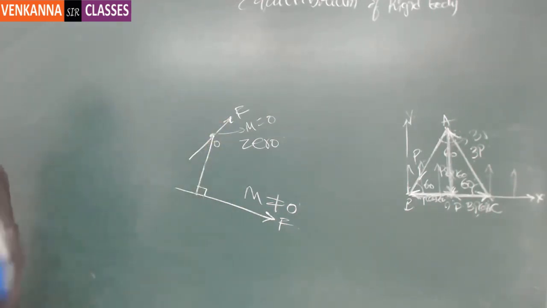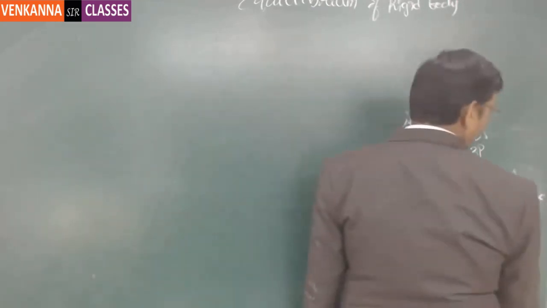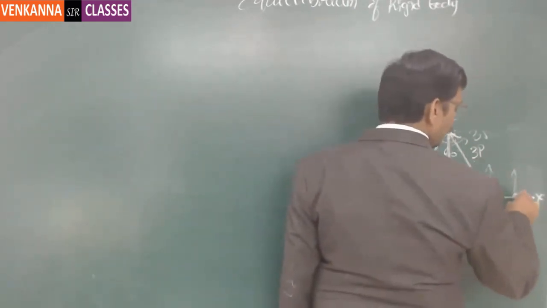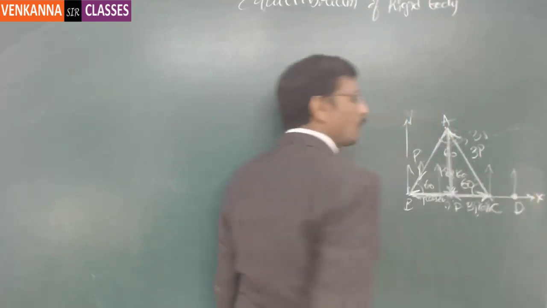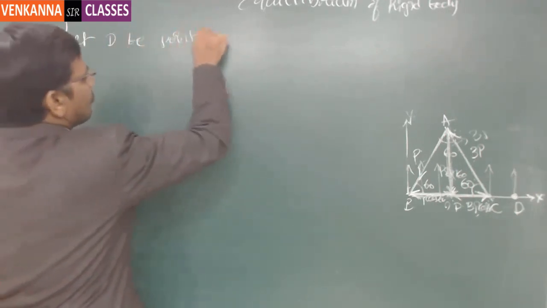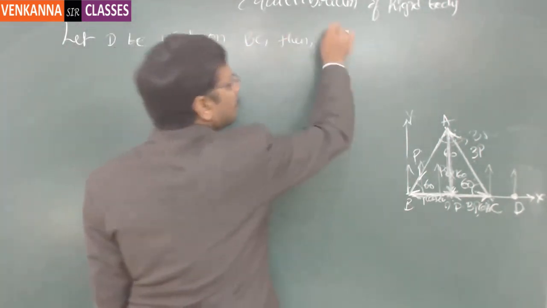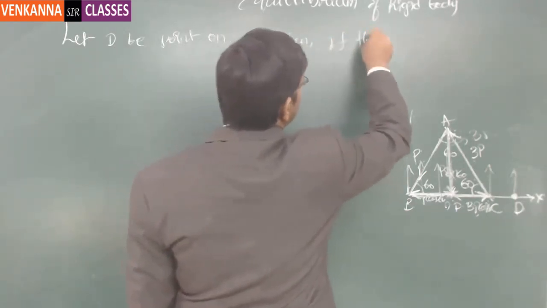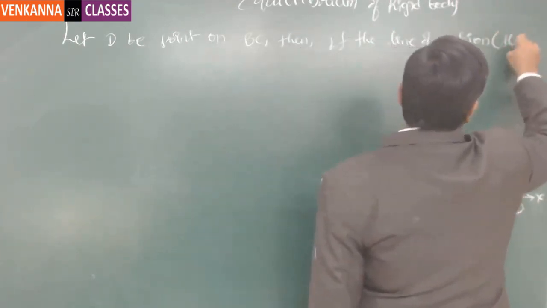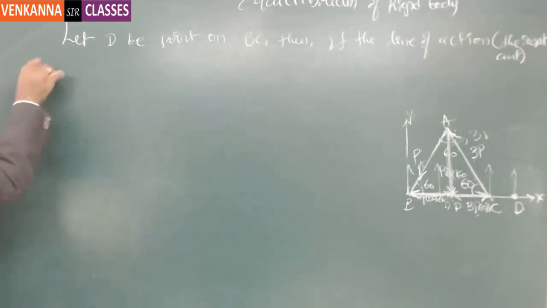Right? Now for this particular one, there are 3 different forces acting on this body, and all the forces together will have a definite moment. Let us say this is one particular point on BD, and this is one particular point on BC. So let D be a point on BC. Then if the line of action, by which we mean here the resultant, passes through the point D,